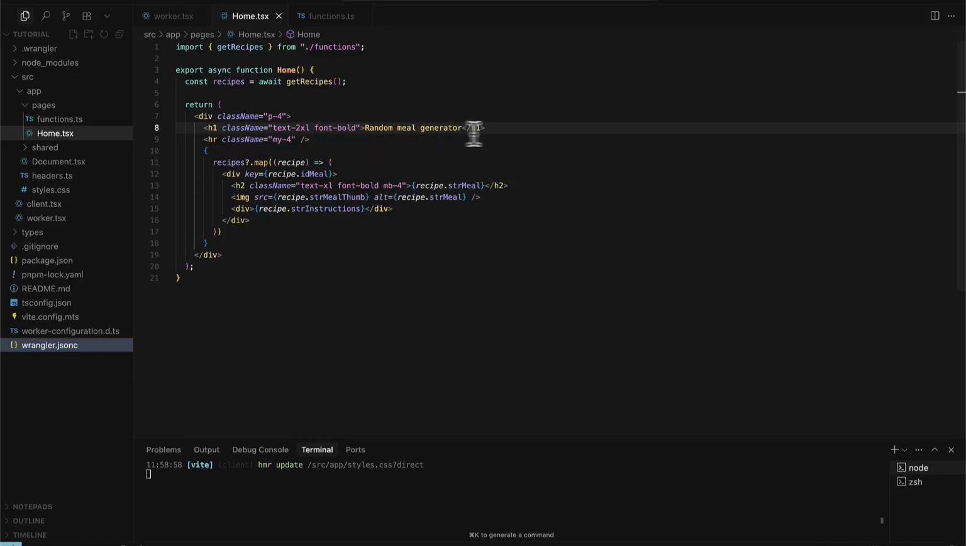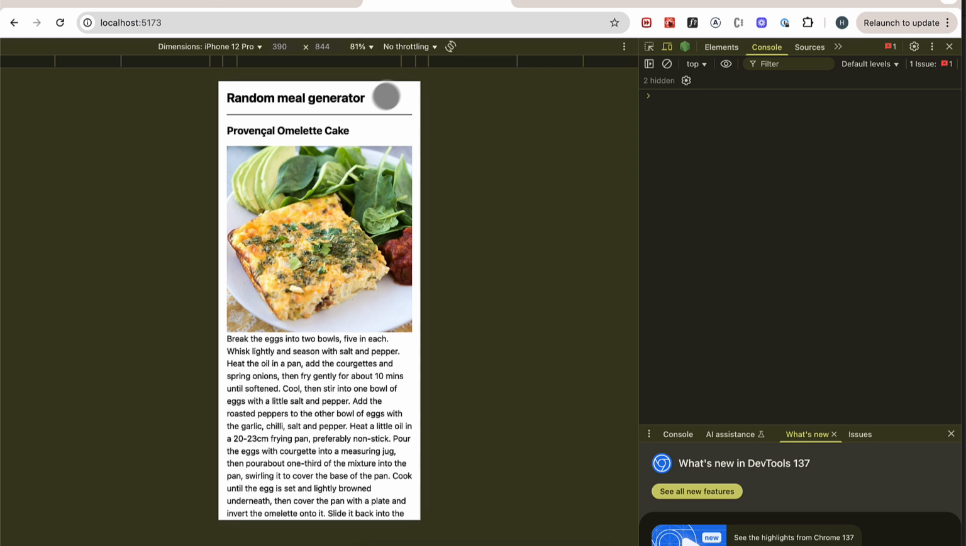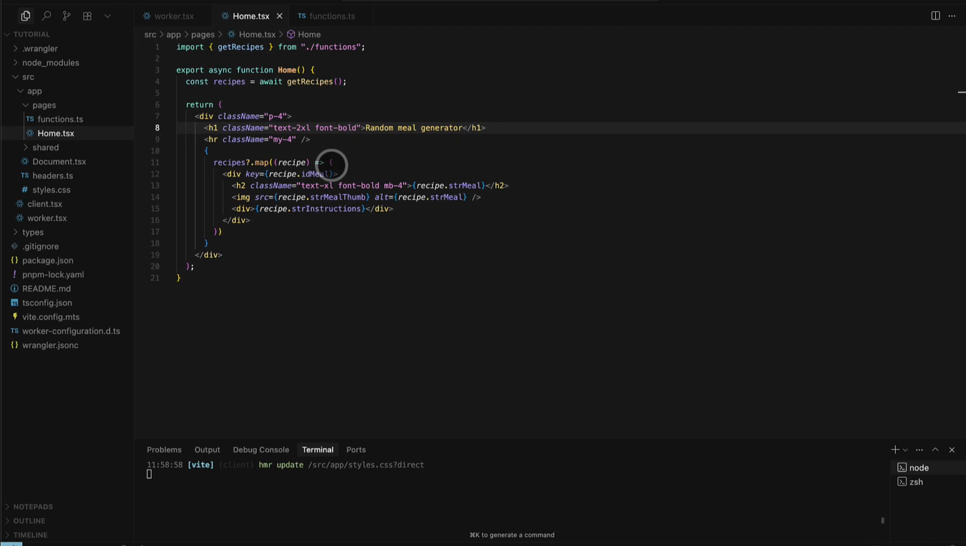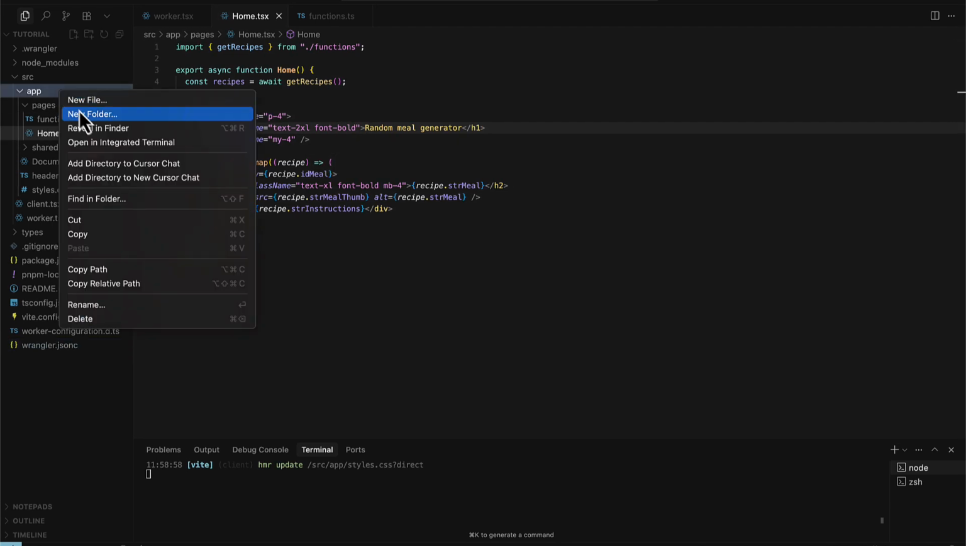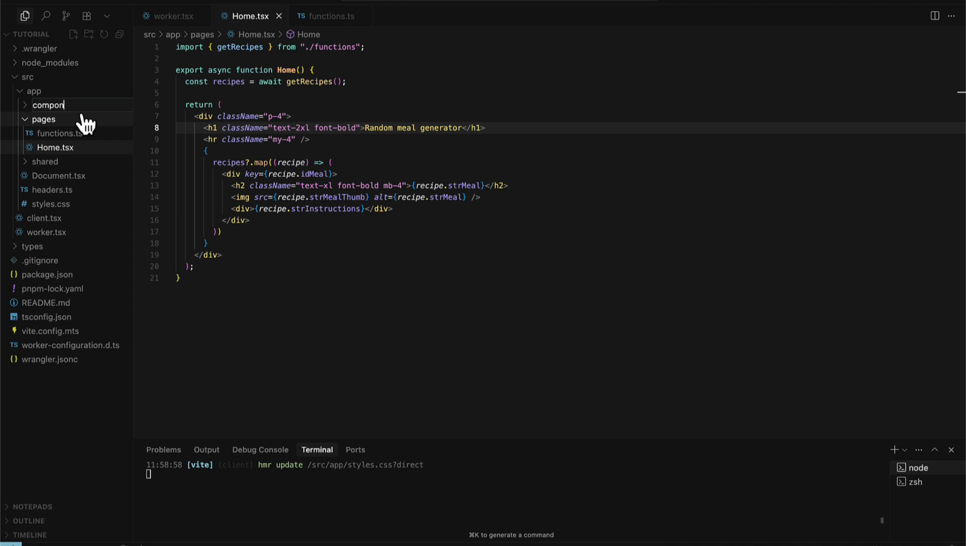Right, so the next thing I want to do is add some client functionality. What I would like to do is add a button here that, if we click it, we refresh the recipe. At the moment, we have to refresh the entire page to get a new recipe. So in order for us to do that, we'll have to create a client component. Inside app, I'm going to create our components directory, and I'll create a new component called